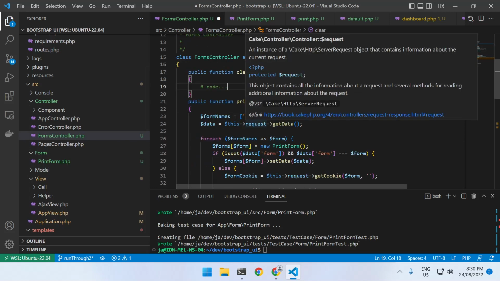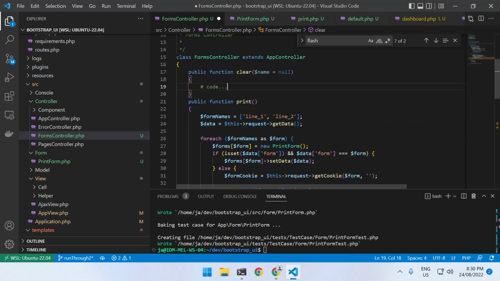Now, one thing that's really important with data that's submitted: someone could put in any name here, could post this, they could put any name in at all and maybe delete some sort of cookie or do something wrong. So what I'm going to do is make a change to